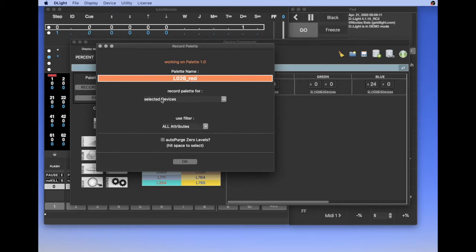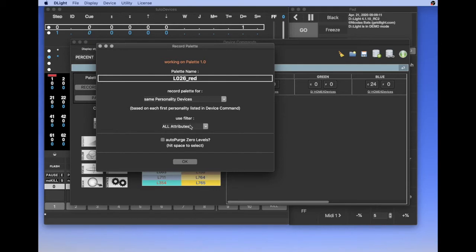Here I record this palette for the selected device. Usually we want the same personality of device so that this palette is available for all my devices listed in the show with the same personality.